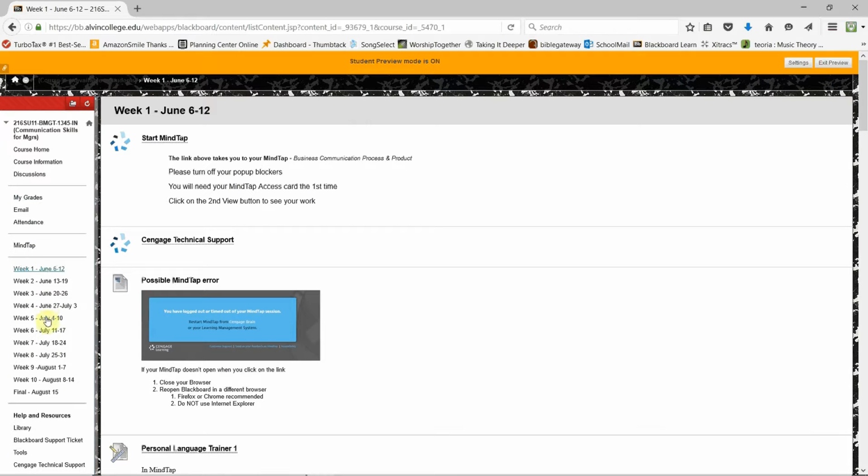And this is a good warning because down here on week 9, there is a project where you have to do a PowerPoint and do a speech with that PowerPoint. You have to do a supporting Word document with that PowerPoint. It's very extensive, plus the chapter work that you have to read. So if you want to start early on that PowerPoint project, go ahead and check out week 9, and you can start working on that now, putting it together, looking it up, researching.